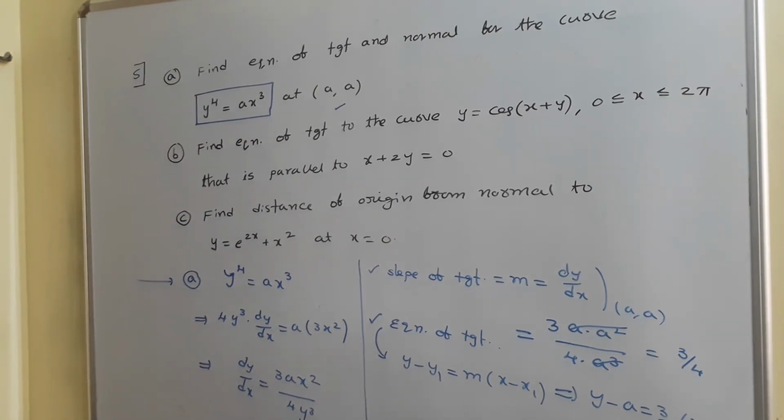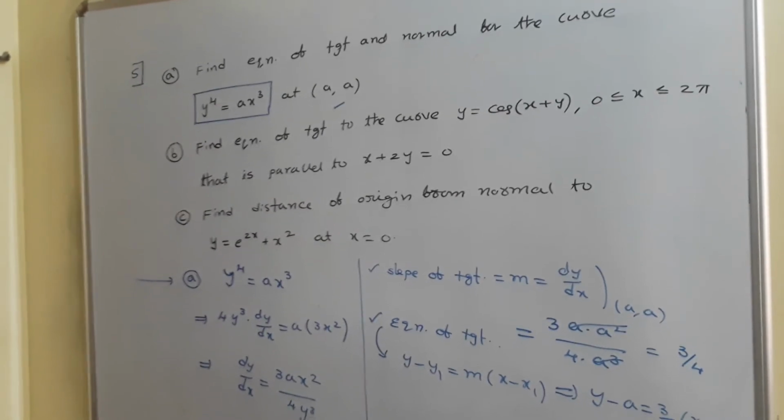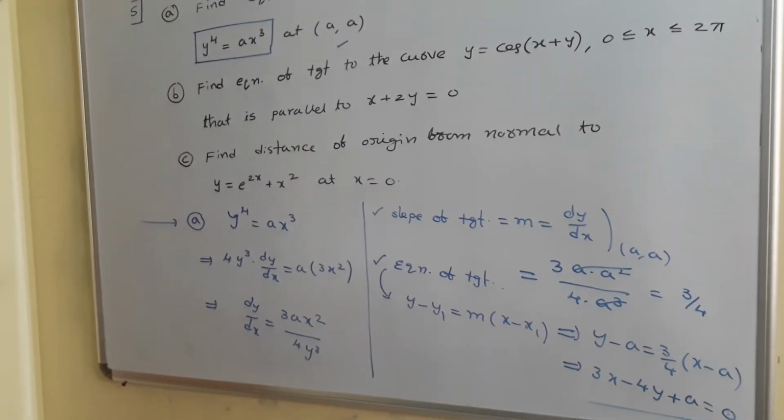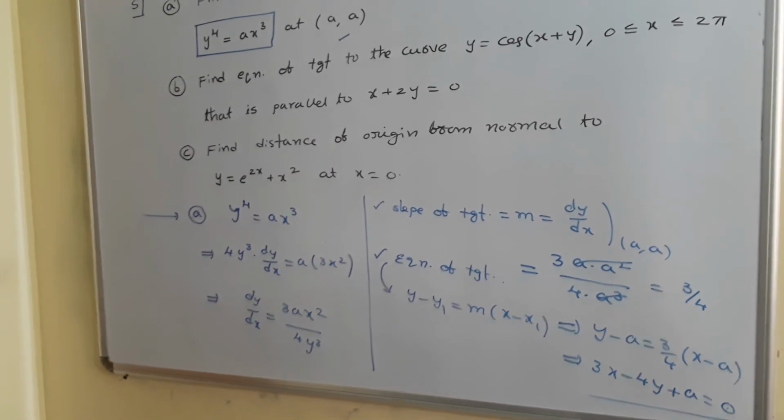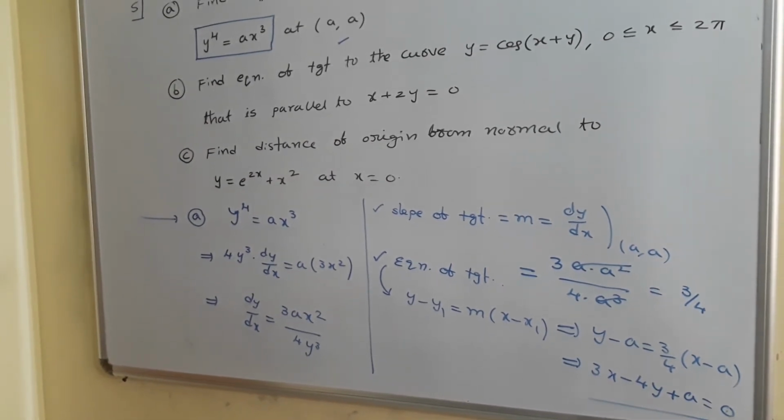Just have a look. First of all, find dy/dx and then find dy/dx at the point as slope. This is just the equation of tangent, but the problem is also asking to find the equation of normal. The slope of tangent is 3/4, so what to say about the slope of the normal, and how can we find the equation of normal?